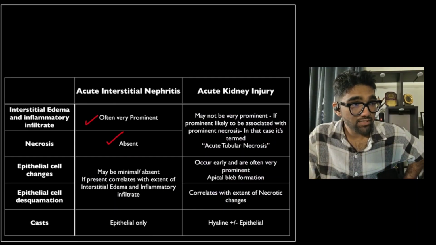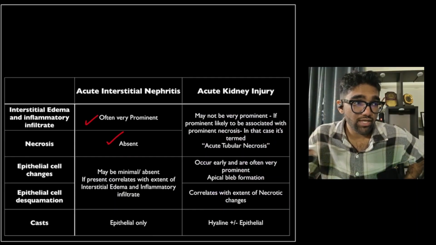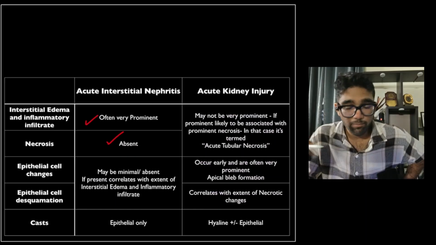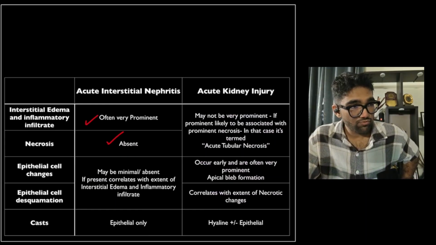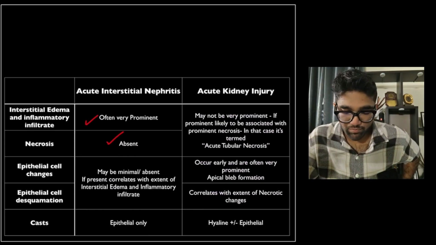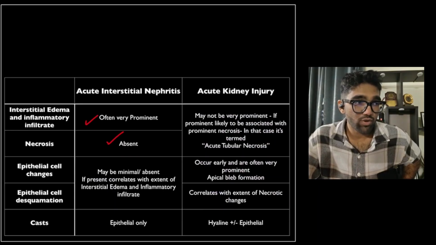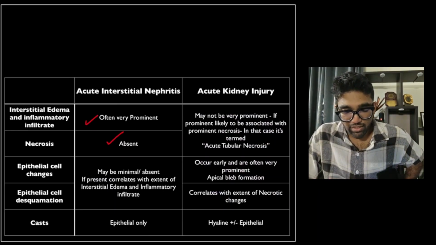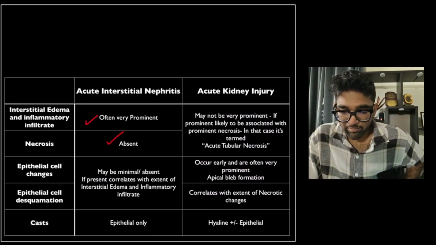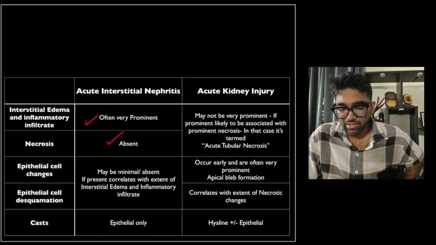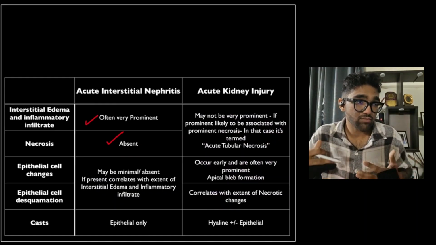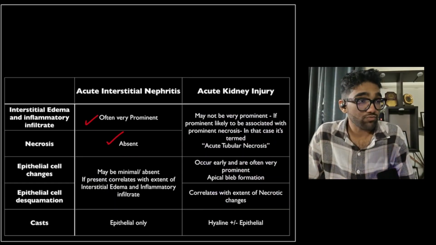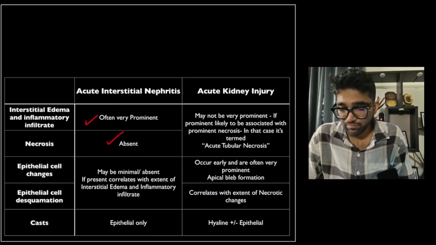And if present, they often correlate with the degree of interstitial edema and inflammation. So the more the inflammation in the interstitium, the more the tubular changes. Okay, and the tubular changes often follow the interstitial edema. So where you have interstitial edema, you have tubular changes. In other areas, you don't. And when you look at the casts, they are epithelial cell only, but there are no hyaline casts, because hyaline casts obviously form when there is dehydration of the tubular contents. In case of